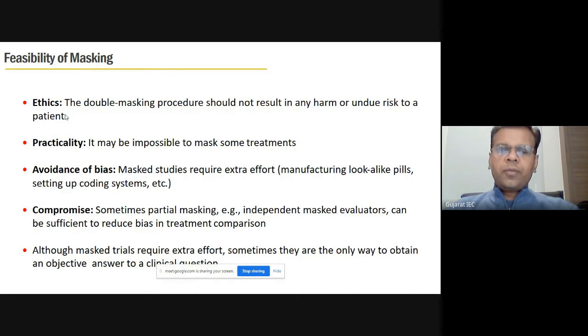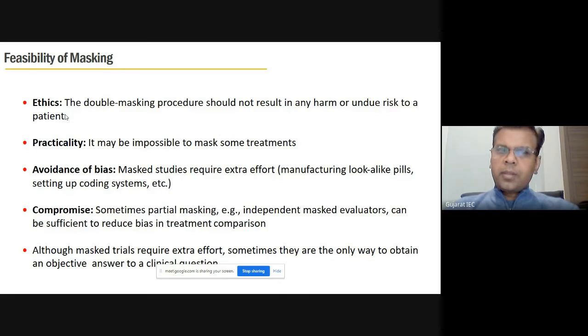No one is aware of what treatment the patient is getting, and practically at times it's really difficult to mask the treatment, because one could be a pre-filled syringe, other could be a vial, and so on and so forth. One could be a plain color, the other could be maybe a white crystalline formulation. So those things would be different, and there are chances that you may end up compromising